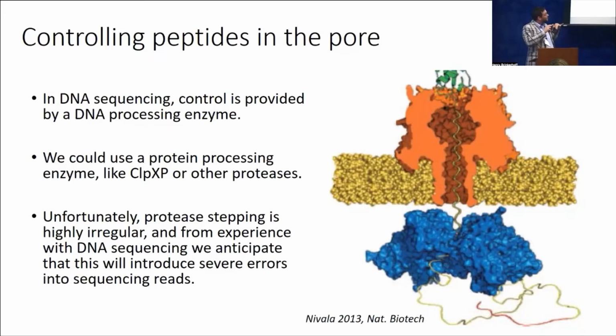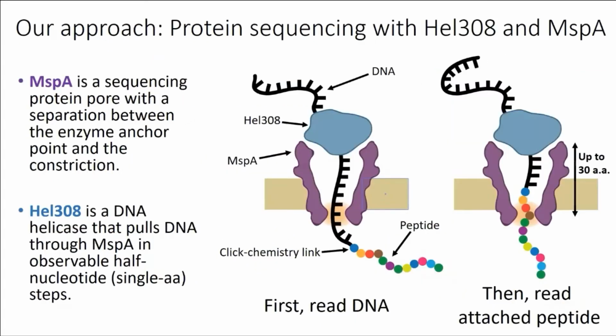But in the meantime, my thought was, well, what if instead of having a protein motor, what if we just use the DNA motor, just like we did for nanopore DNA sequencing? So the scheme is you have a piece of DNA that you attach terminally to a peptide. As long as you can do some specific terminal attachment chemistry to a peptide, then you can get one of these DNA handles on, and then use the spatial separation between this constriction, which is what determines the electric current that's actually blocked,